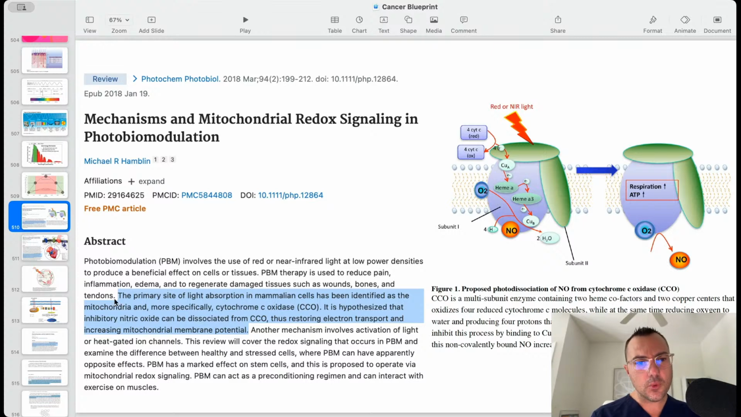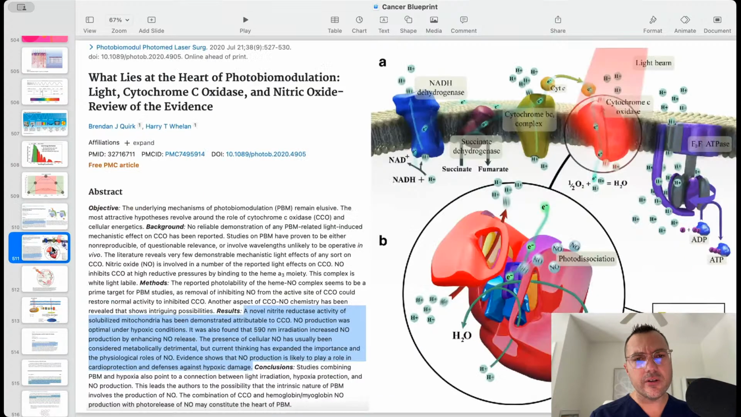What it says here is the primary site of light absorption in mammalian cells has been identified as the mitochondria, and more specifically cytochrome C oxidase. It is hypothesized that the inhibitory nitric oxide can be dissociated from CCO, thus restoring electron transport and increasing mitochondrial membrane potential. And there are probably thousands of papers talking about red light therapy and all the different things that it can do. But if we go back to the basics of